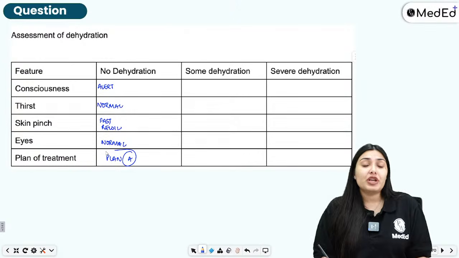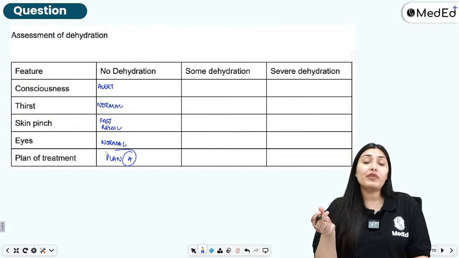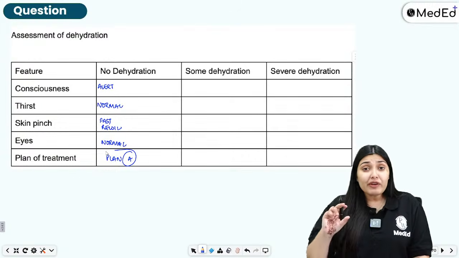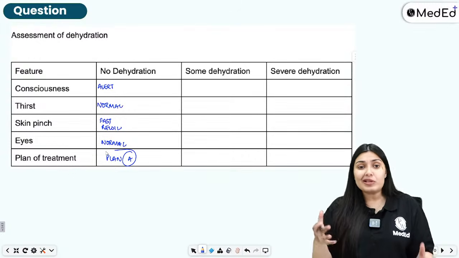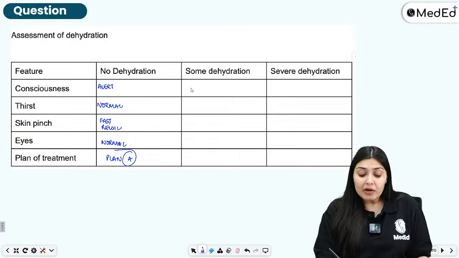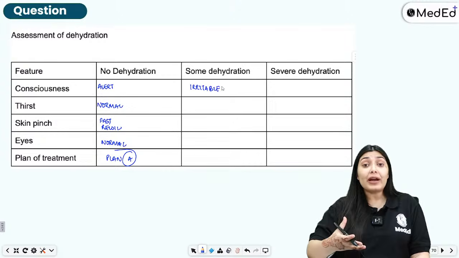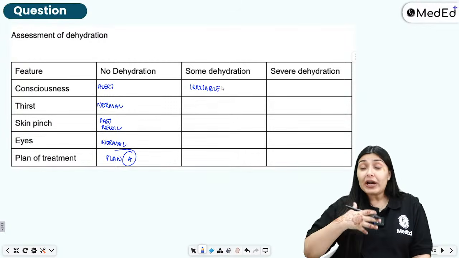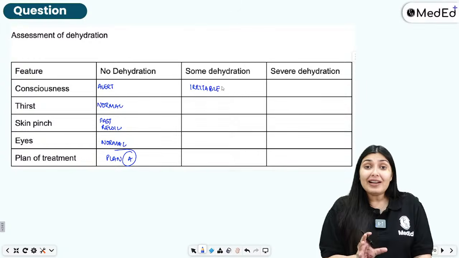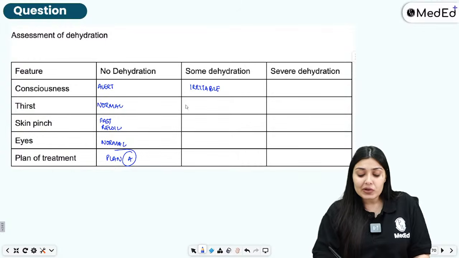Then we have some dehydration. Now some degree of dehydration has started. So whenever some degree of dehydration starts, this child will become very irritable. Very irritable child. If you offer water to this child, he will drink eagerly. The child will be very thirsty. So an irritable child with increased thirst